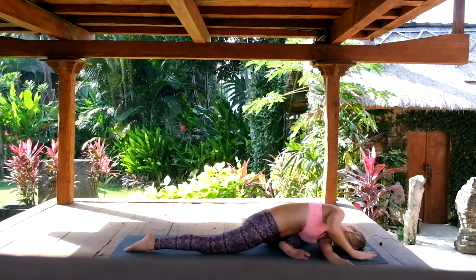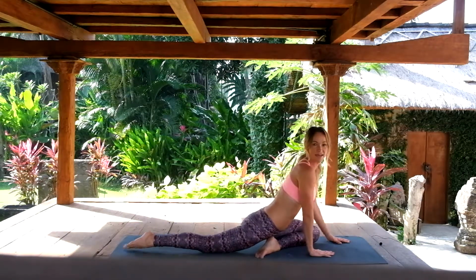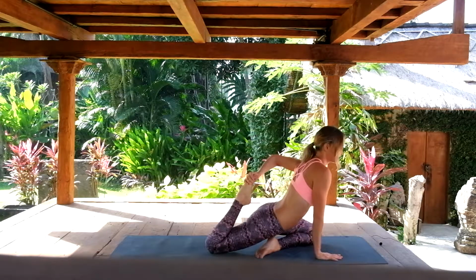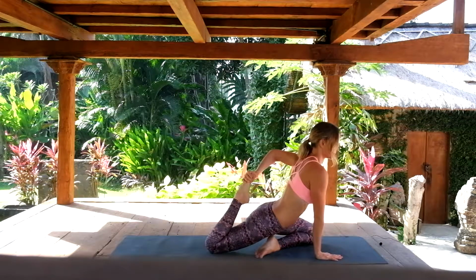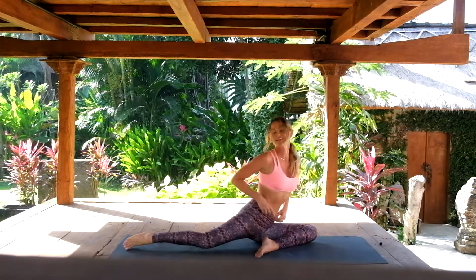And carefully walk that hand back in, press yourself back up, walk that left foot in a little bit, and reach around and grab a hold of that back foot. Just making sure that you're not up on the kneecaps, you're sinking forward. And release that side. And coming around into sitting,